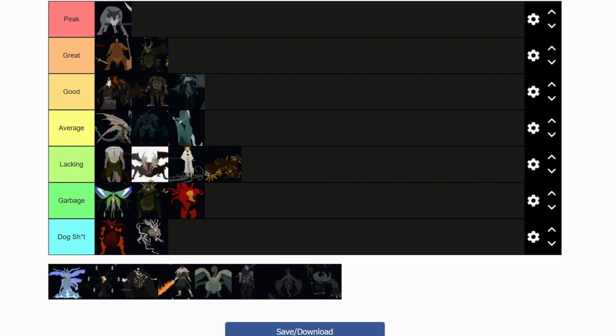I don't know how From Software saw everything about this boss and was like, yeah, this is a good boss. Let's pass it. The only thing saving this boss is the firebomb tricks, and that adds nothing to the boss design or anything. Next boss, Seath,